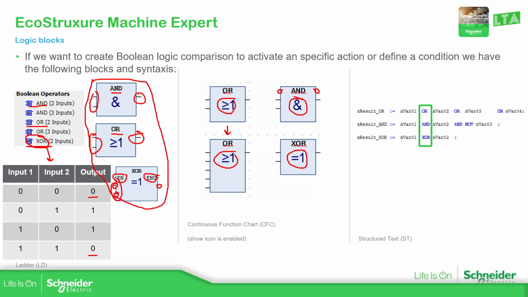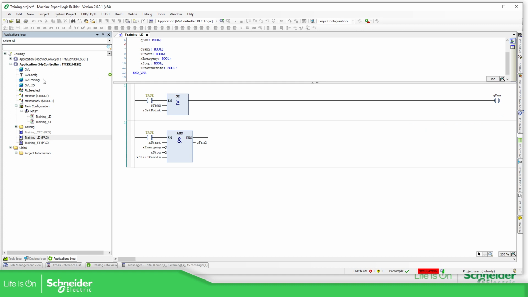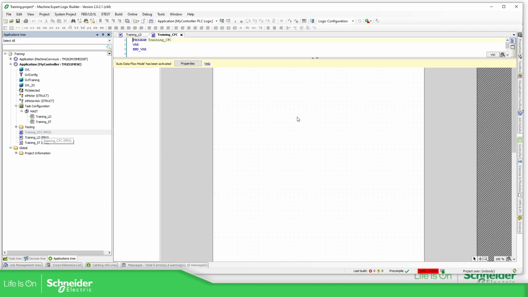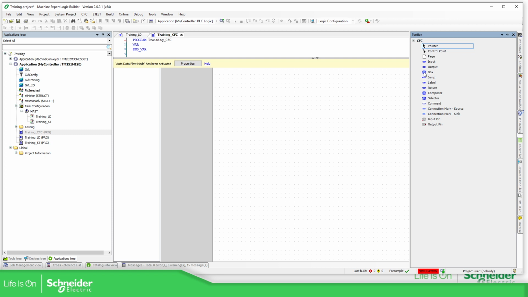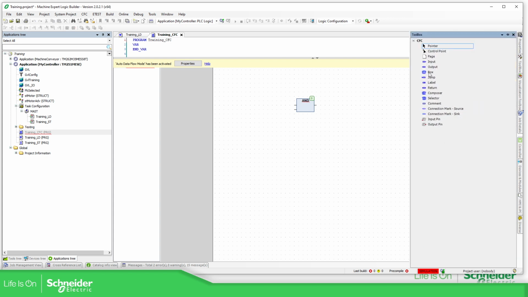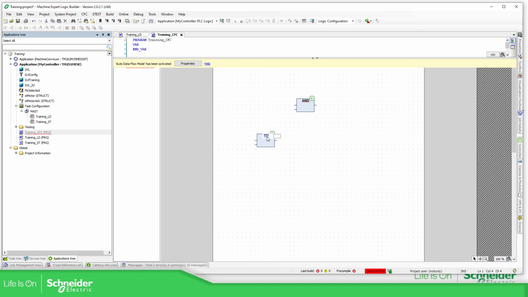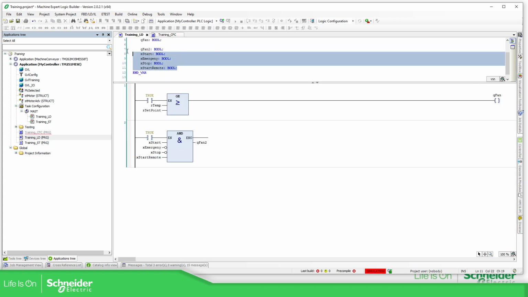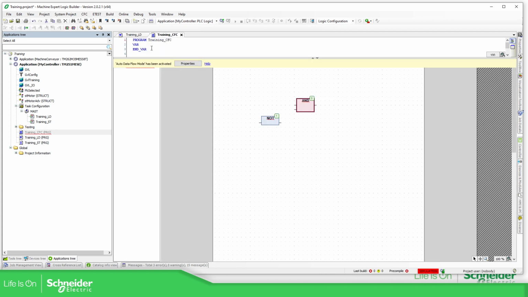So if we go back to here, CFC, just drag what you want and then type, for example, and you can also negate if you want, not. So for example, if we copy all these variables that we have over here and paste them over here to be local,